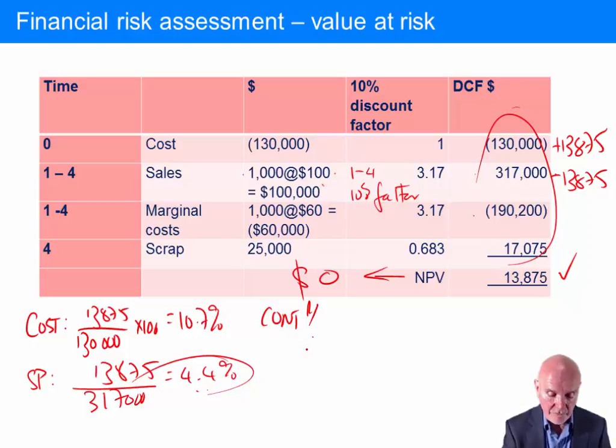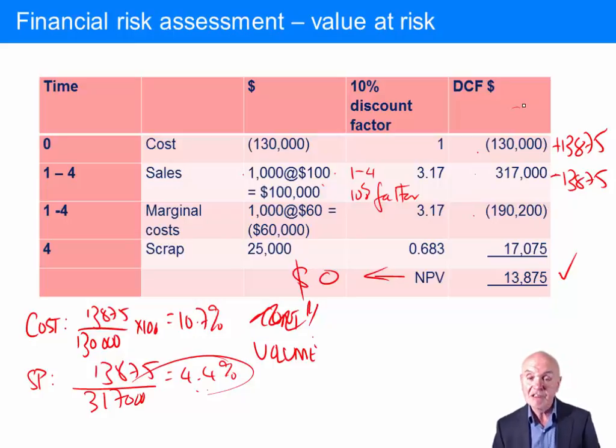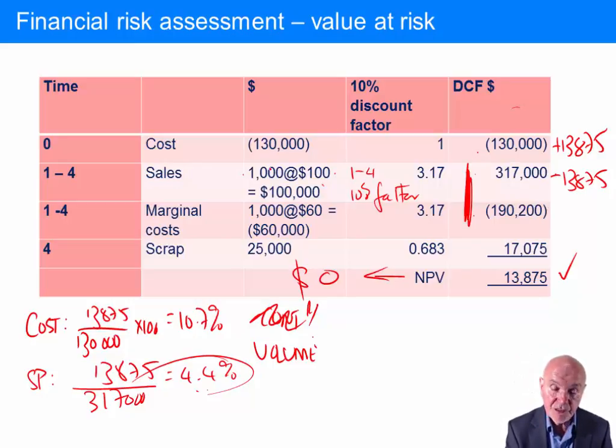I beg your pardon, volume, not contribution, volume. So you look up here and you say, well, which of these figures is going to actually be affected if I change the volume? And both of these will be. Effectively, if you change the volume, you change the contribution. So if you were to reduce the volume by 50%, that would go down 50%, and that would go down 50%. So the contribution we've got in here